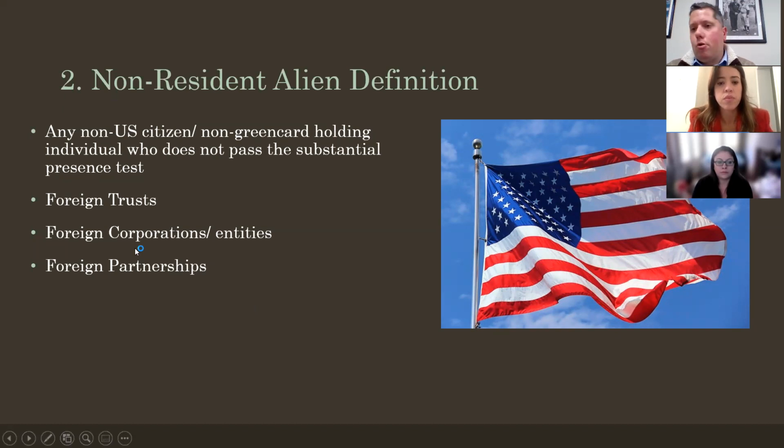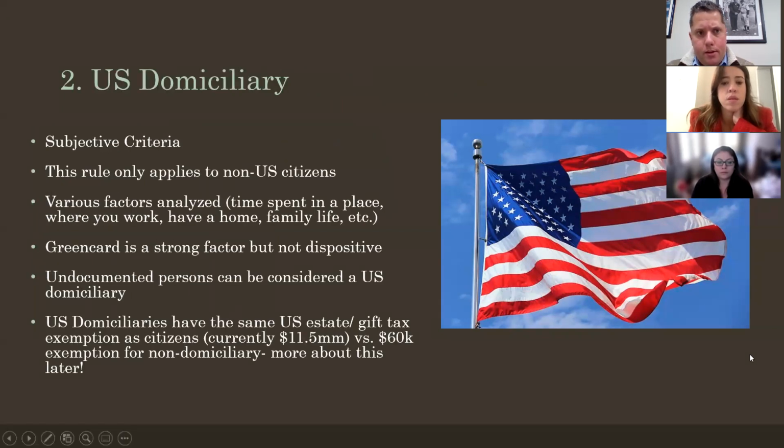And then lastly, of course, foreign partnerships as well. The most common one we tend to deal with is Ontario limited partnerships. We love those. We form those a lot for our Mexican and for our European clients. And again, that's considered a foreign person for income tax purposes and FIRPTA as well.